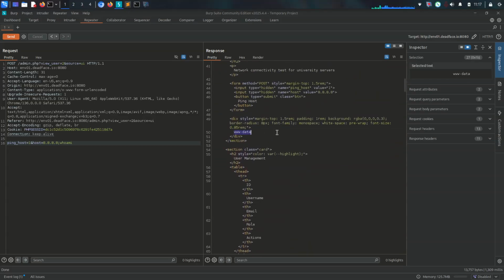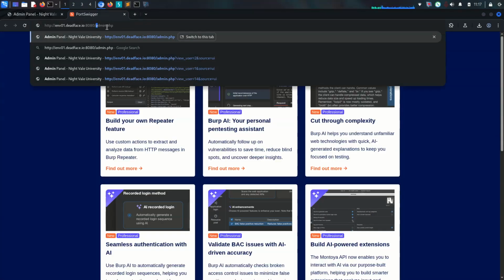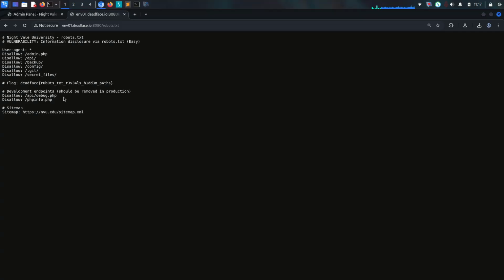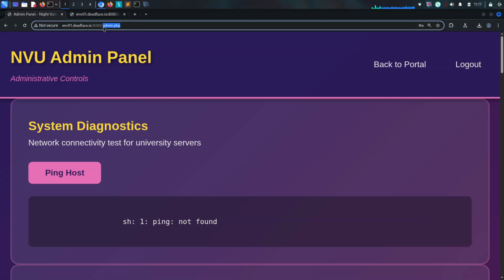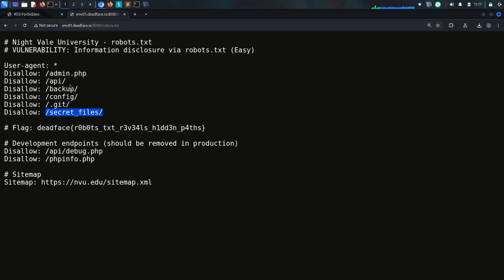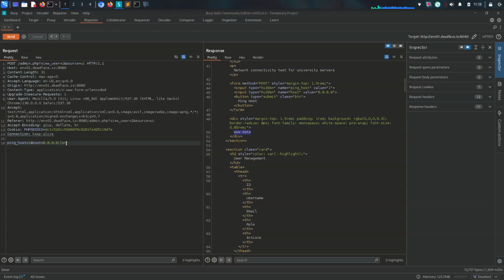Okay, so if you remember before, we got robots.txt, and robots.txt showed us secret files, and it was forbidden for us. So now we can read admin.php, backup, config, git, secret files, everything we found here because of remote code execution. First of all, let me run ls, and for a space we have to use plus and dash la